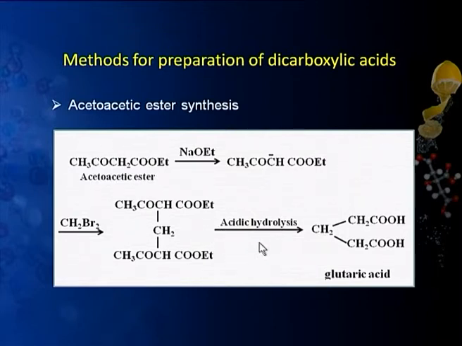Here we have to carry out hydrolysis, and in this case we carry out acidic hydrolysis. Remember, this acidic hydrolysis does not mean that we are hydrolyzing it in acidic medium. Actually the products are acids. That is why this hydrolysis in acetoacetic ester synthesis is called acidic hydrolysis. Otherwise the reagent is concentrated potassium hydroxide solution here. And in this case what we have obtained? We have obtained a 5 carbon dicarboxylic acid called glutaric acid.